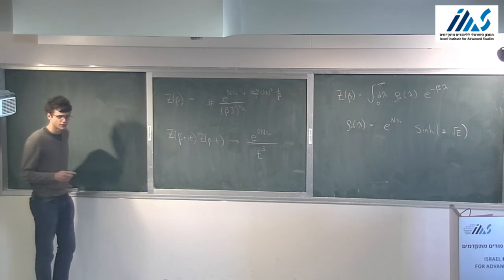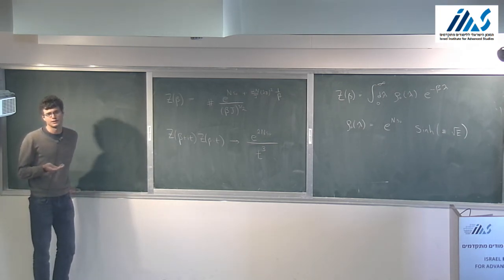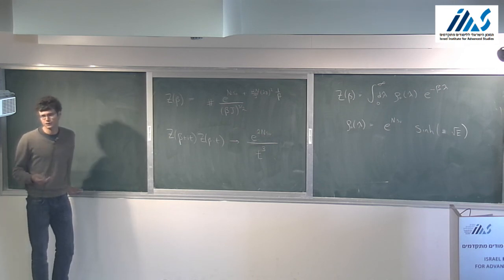So I'm running short on time, and I'm basically going to run out of time, so I'll have to continue the calculation tomorrow. But let me just sketch for you what configuration we're going to be looking at in JT gravity.